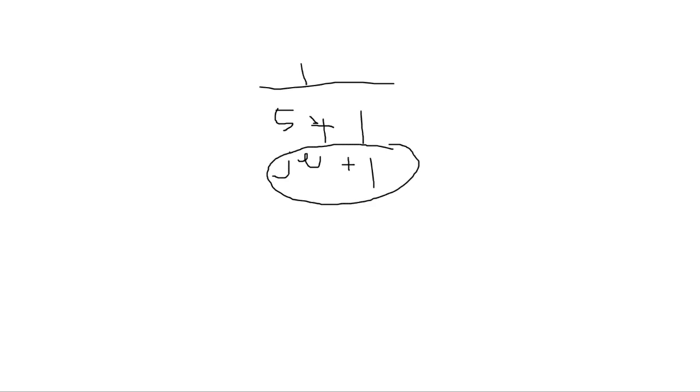Now you have s plus 1 factor. You replace this s by j omega, so you are going to get j omega plus 1. Is this in the standard time constant form? Yes, because the coefficient that we have is 1. This particular format is known as standard time constant format. If s plus 1 is in the numerator, you are going to call this first order factor in numerator. If this is in the denominator, then you are going to call this first order factor in denominator.